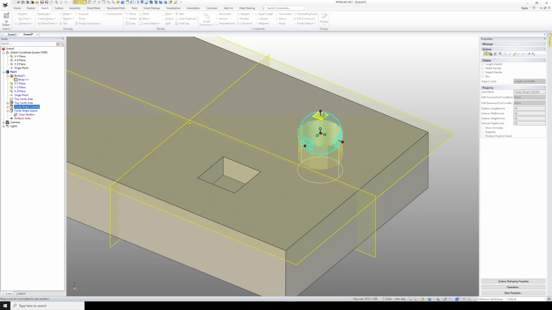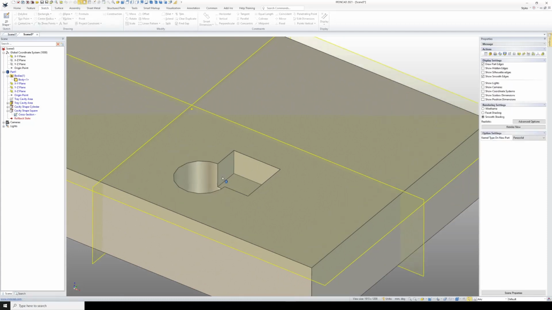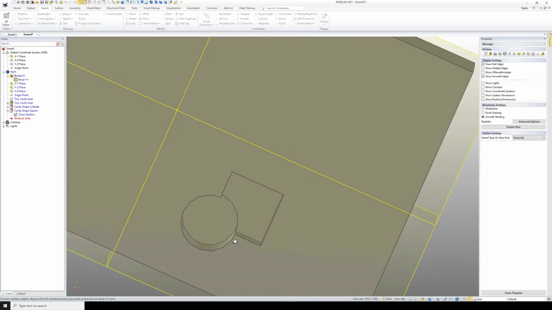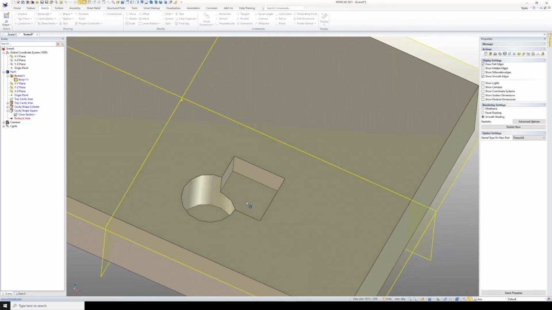So I'm going to select that top plane, and I want the center of this cylinder to be on this corner point here. So again, that top plane there, and at the center of my tribal, I'm going to right click, and I'm going to say 2 point, and I'll say I want you there. So now my shape has moved to where I want it, and I'm going to turn off the tribal, and I've got a combined shape. Now for now I'm just going to leave it where it is,